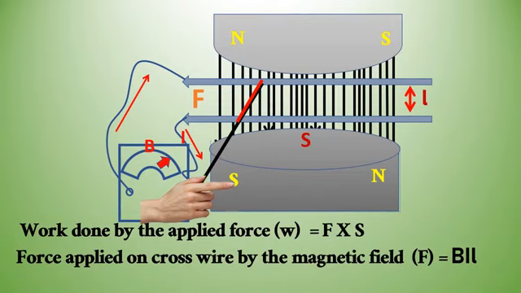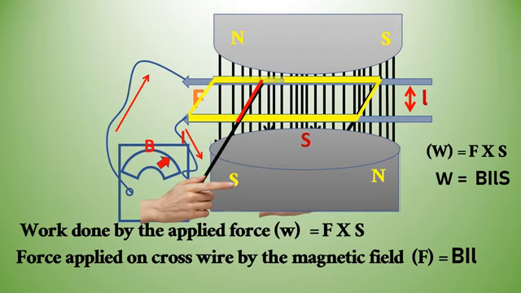Here we are doing positive work. The work done by us in moving the crosswire converts into electrical energy. So the work done is given by W is equal to F into S is equal to BILS. When we put the crosswire across parallel conductors, it makes a complete circuit which encloses a certain amount of magnetic flux. In the previous condition, when the crosswire is at right,